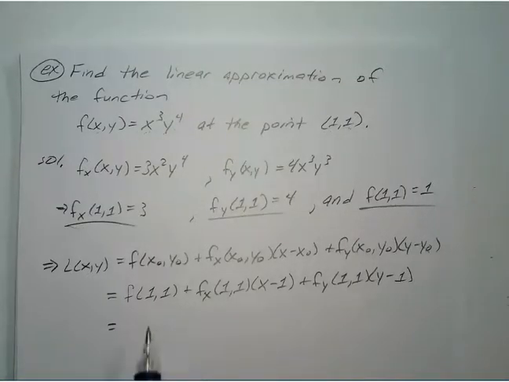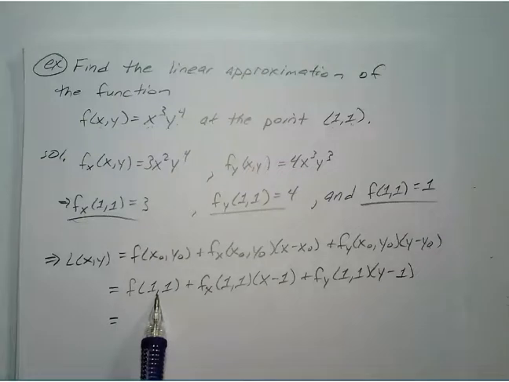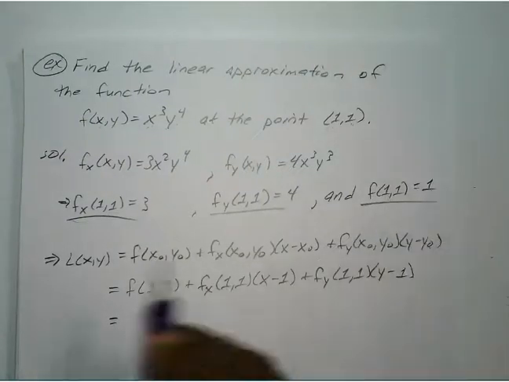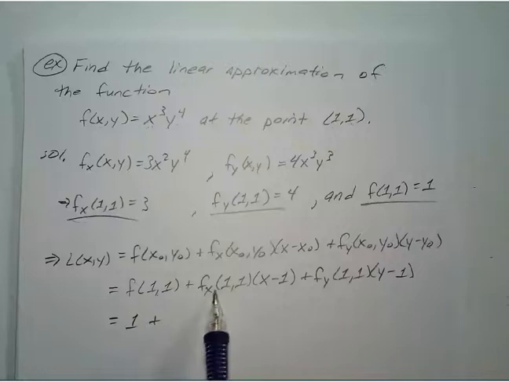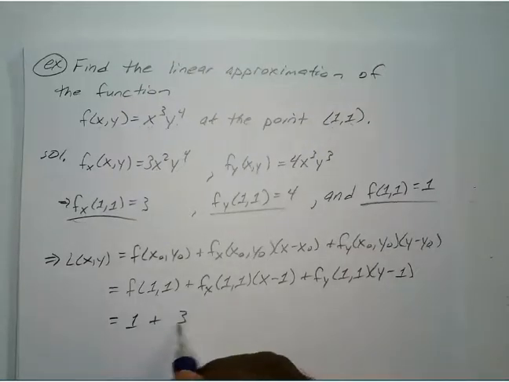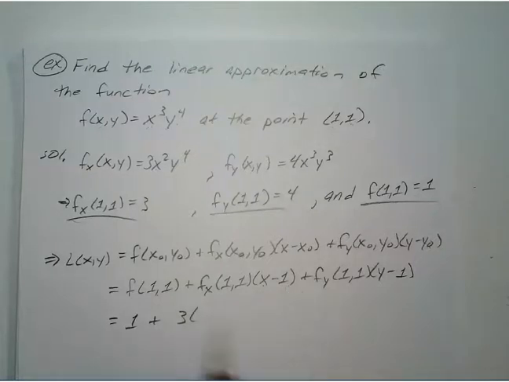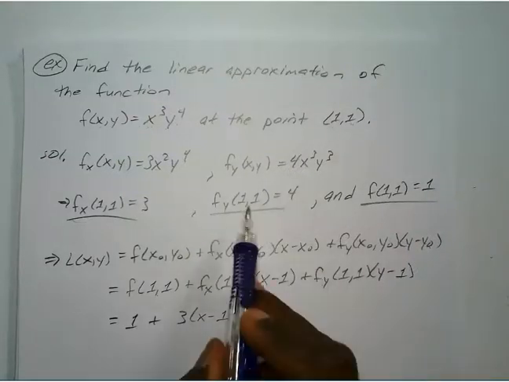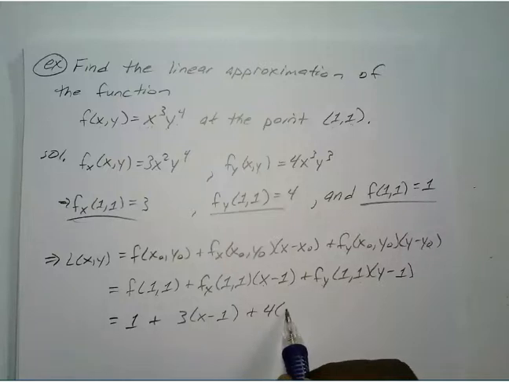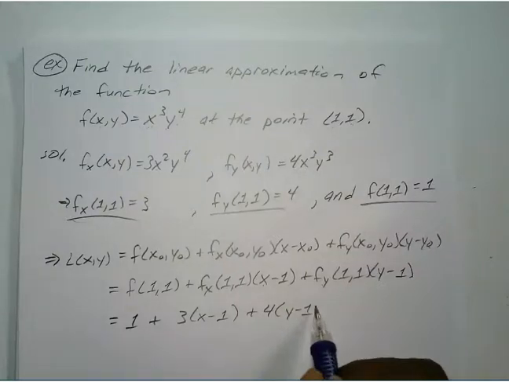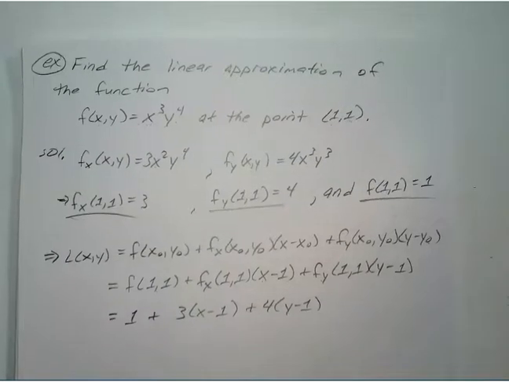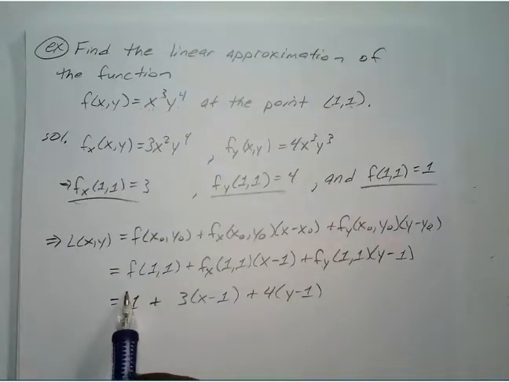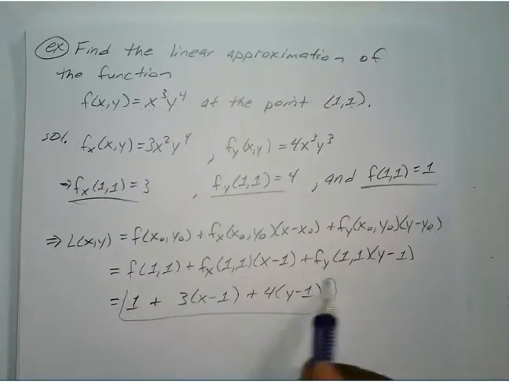Okay, so our function value at that point is 1, so we already got that one, 1 plus our partial with respect to x at that value is 3. We have 3 times x minus 1 plus our partial with respect to y at that value is 4. So that's 4 times y minus 1. Okay. Now sometimes they will take the answer to look like this,